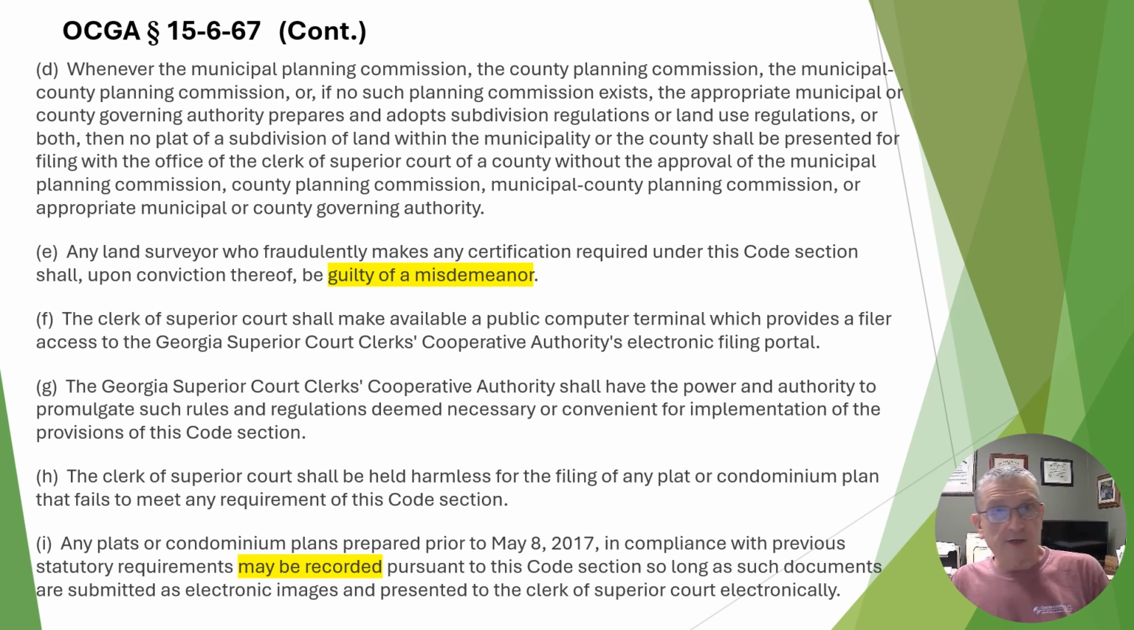Then we move to paragraph D. This is some municipality. It basically says when the local government has subdivision or zoning regulations, they have to be complied with. E says a surveyor who fraudulently makes any certification. So if you know it's not been approved and you certify it anyway and you record it, you're guilty of a misdemeanor. Now this is important because the clerks got tired of some surveyors issuing certificates and getting things recorded